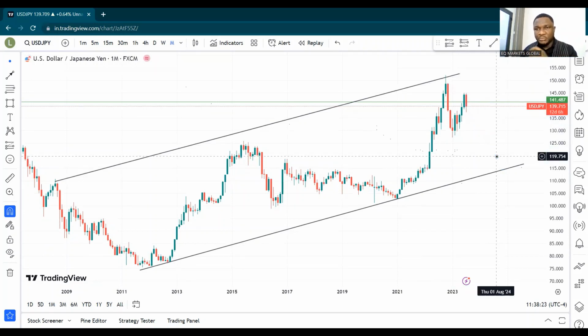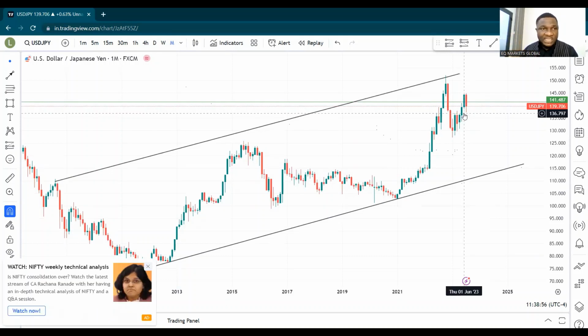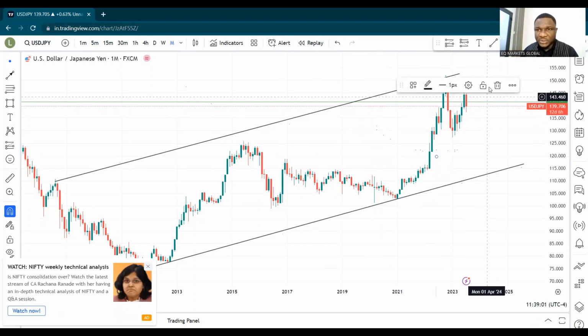But beyond that, let me show you a bit more technicality. So why did it not sell off completely down to this point? Rather, it sold off for only 3 months, and then had a bullish retracement for about 6 months, 6 whole months, guys. Or let's say 5 months, because it is literally around 5 months that USDJPY had a bullish retracement. But the question now is, is it willing to sell? Is it ready to sell? Yes, that's the answer. But I'm going to prove it to you that USDJPY is ready to sell even in the coming months.